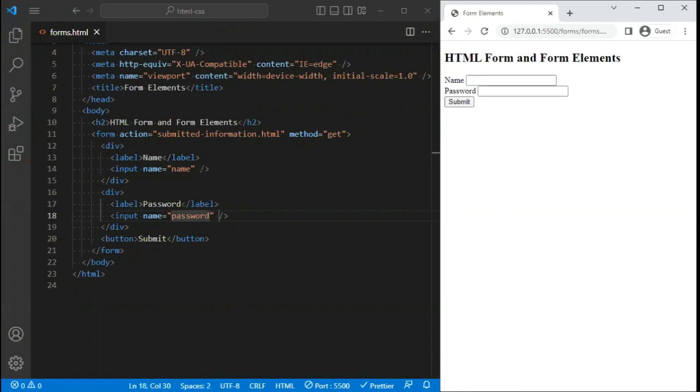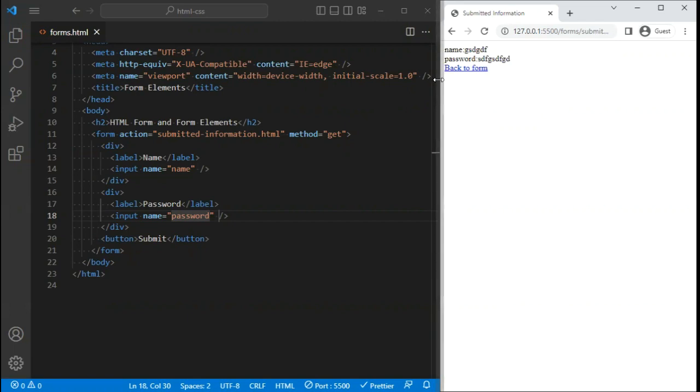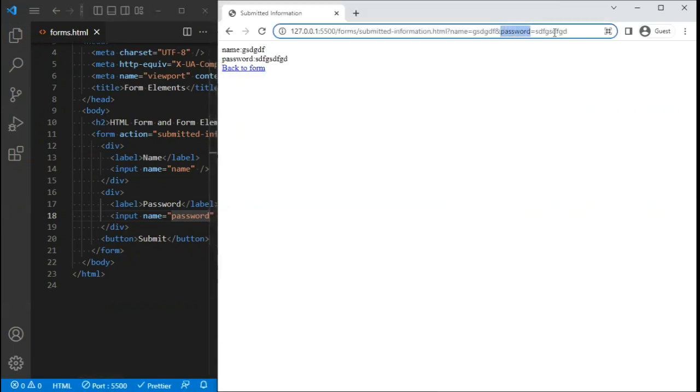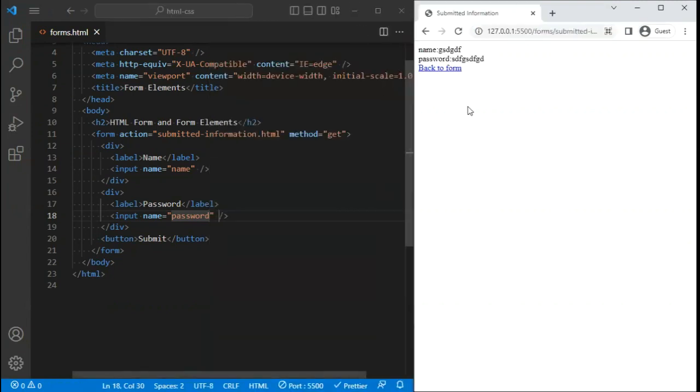So let me go back to the form and let's see what else we can do. Let me show you that even the password was there in your URL. See, now you've got this password equal to the details that we mentioned in the input. You have this name equal to the name that we mentioned. So all the information that you're entering is getting appended to the URL, right? Interesting, right? So let's move ahead. Now this is what a GET request does. It sets the URL. This is all happening because of the GET request. The GET request is gathering this data, putting it in the URL. So right now we have a